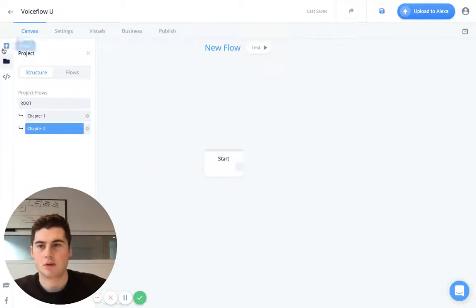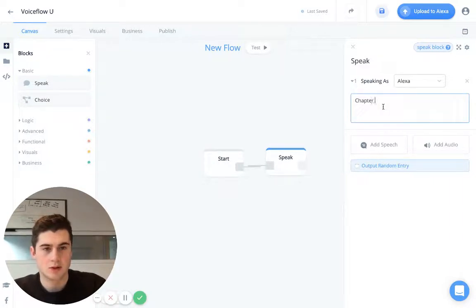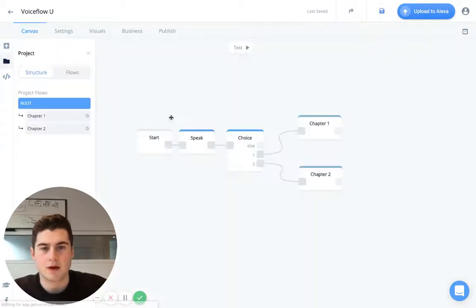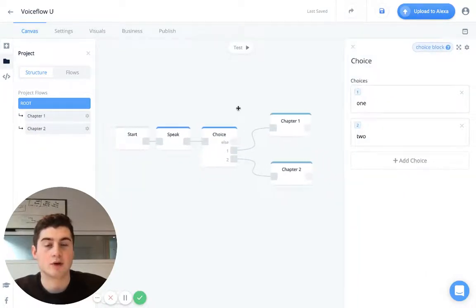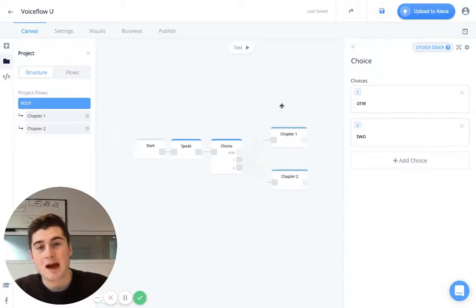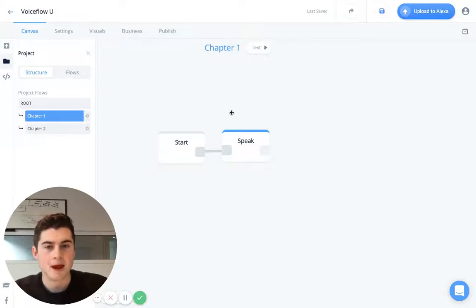Now I will quickly add, similar to what I did in chapter 1, a speak block which says chapter 2. I'm going to go back up to root, and you'll see, there we go, we have the user is going to choose which chapter they want to go to, and then it will go either to chapter 1 or chapter 2. Now what happens after this flow ends, so for example this chapter 1 flow, after it hits the